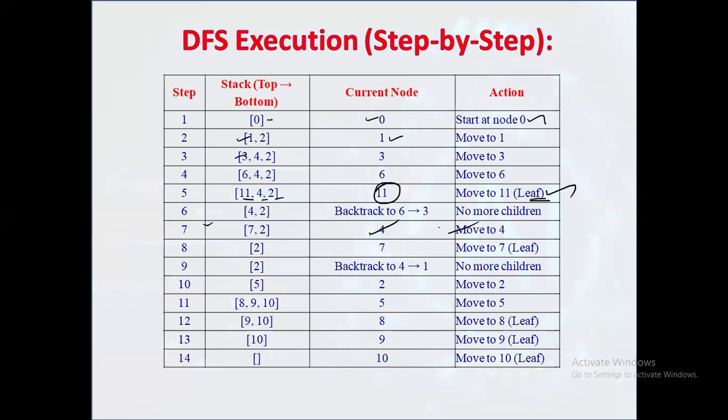So step 11 moves on to the node. This is the 11th step. At this time, the values available in the stack are 8, 9, and 10. And the 12th step is